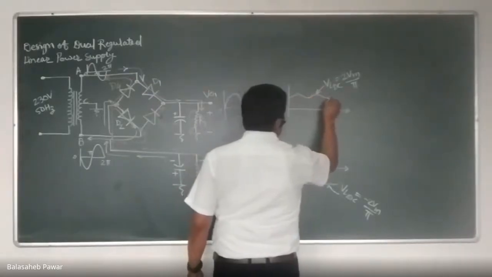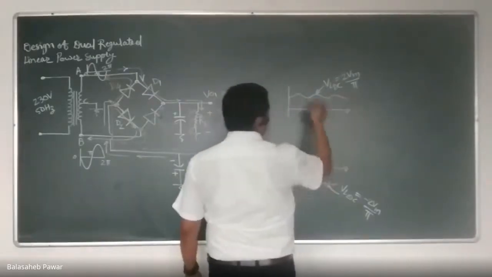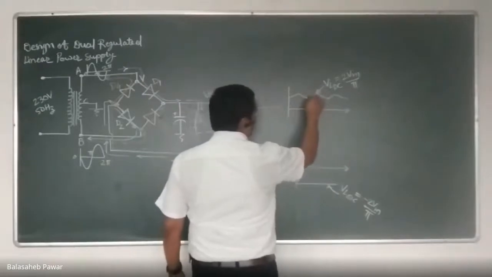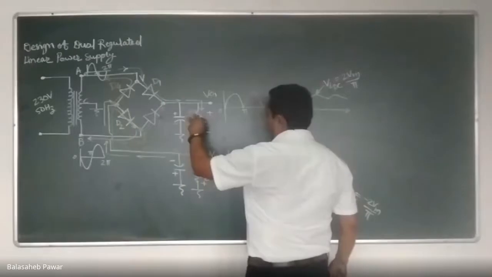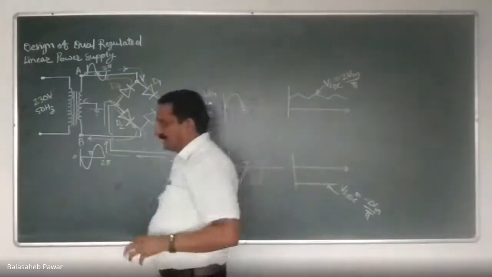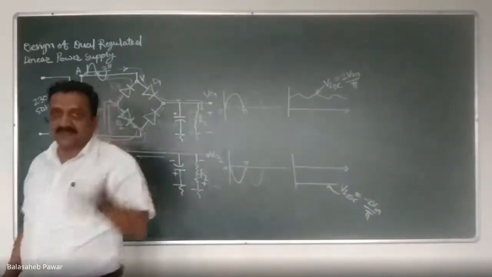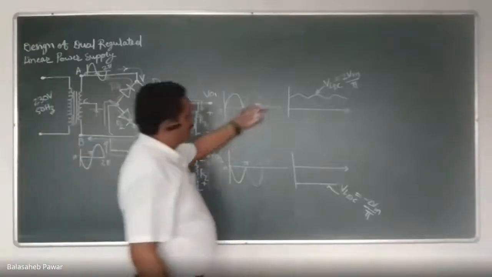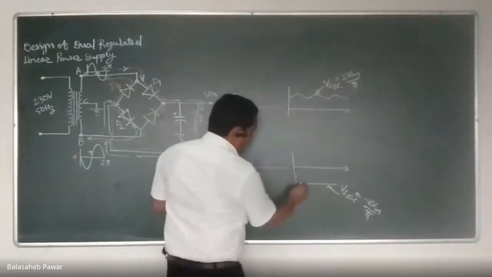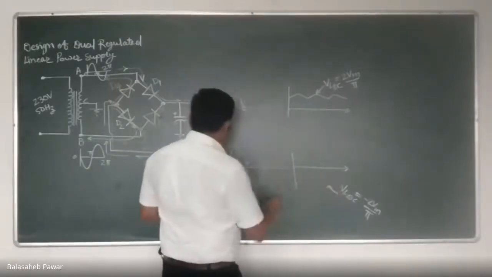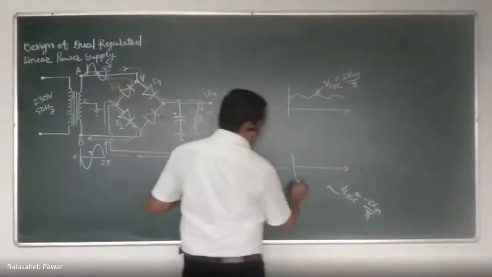Ripple will get added in that, and the amount of that ripple will depend on how much current we are extracting from that circuit, or how much is the value of that RL. Whenever that RL is lower, then the discharge of that capacitor will be more, right? Similarly, here also you will get that constant DC if we have connected variable RL, or if that RL